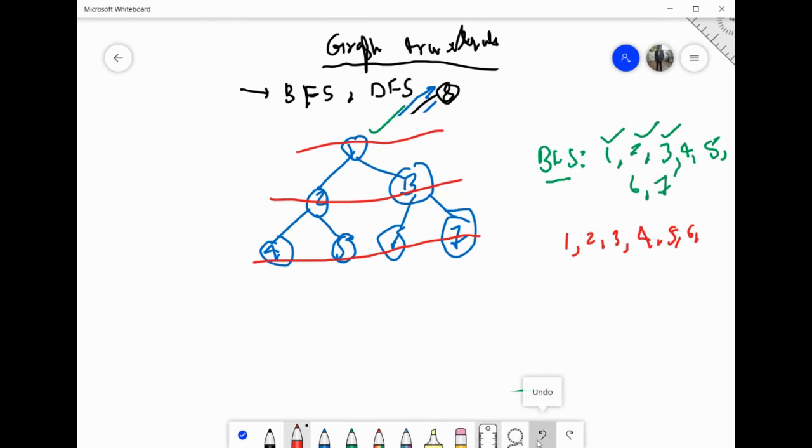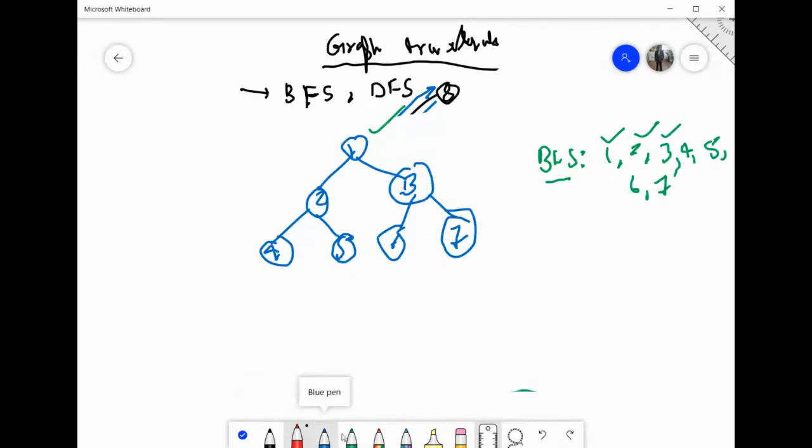Let's talk about DFS. Suppose you want to write the DFS, the depth first search. Okay, so again, suppose I'm starting from vertex 1. How many options do I have? I have 2 and 3. You can choose only one. Suppose I'm choosing 2. So from 1 I moved towards 2. जो 1 का remaining रह गया 3 वो we will see later. So I have reached 2. Now again you have two options, either 4 or 5. You can choose one of them.